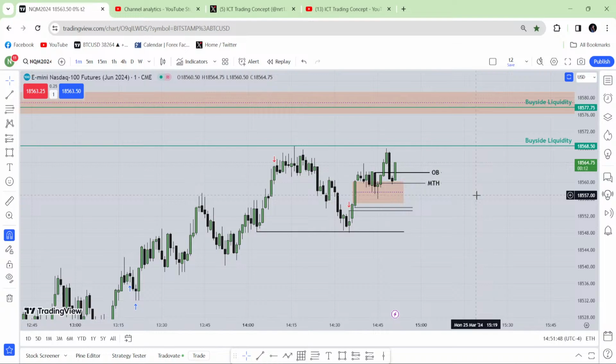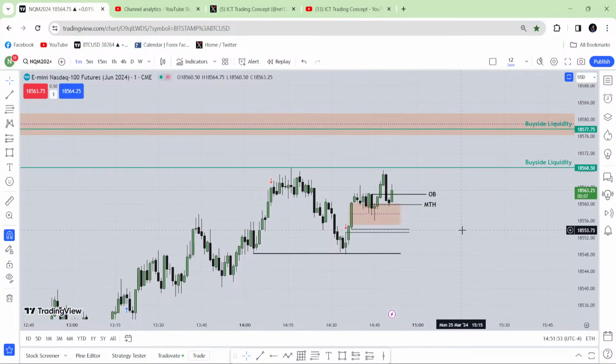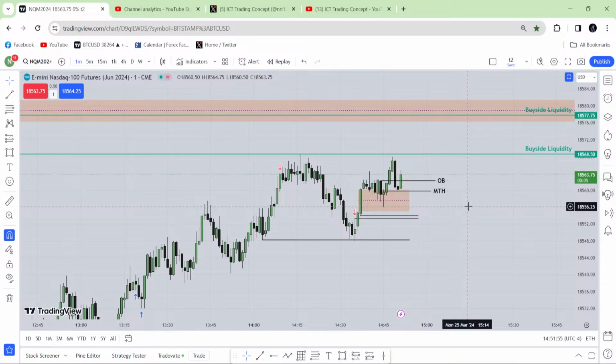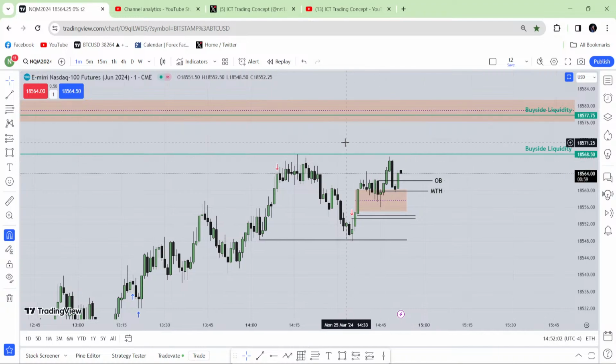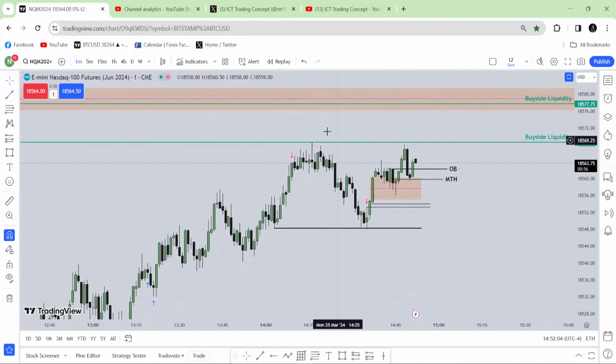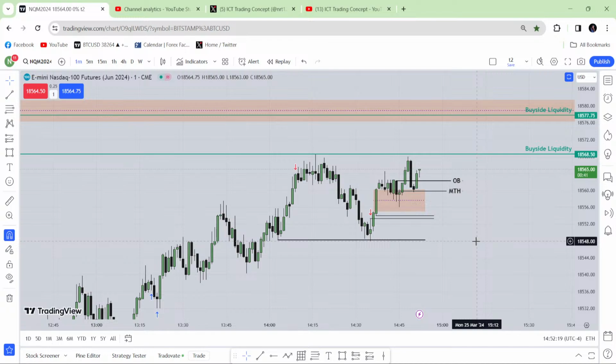But I believe that the market is going to break that new week opening gap, because that new week opening gap doesn't meet the requirement to stay in my chart. So I didn't mark it. If I would mark that, I would be confused by that run. To be honest, I would start to think maybe the market is not going to take that buy side liquidity, and instead it's falling. I would think that way. That's why I didn't even put it on my chart. Okay, that is the reason.